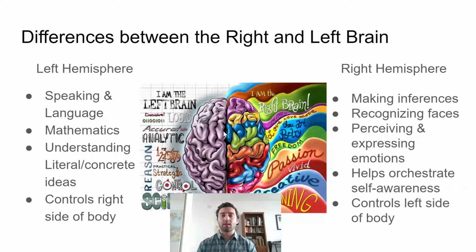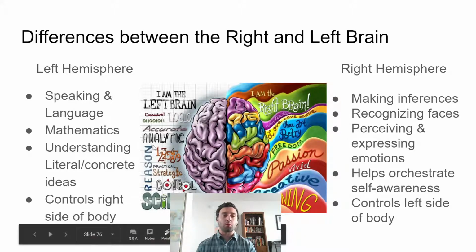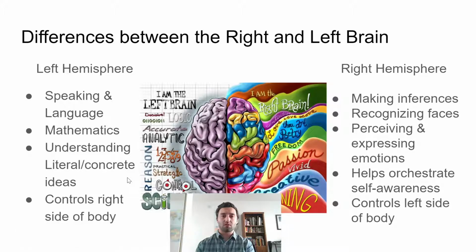A nice way to think about this is if you're going to read something. Let's say right now you are reading the literal words on a page. As you're reading, that's all happening in the left hemisphere. It's the part that actually understands language, so it's picking up the words and understanding what those words mean. One important thing, though, is that it is only pulling the literal, concrete meaning of the words, like the dictionary definition of the words that you're seeing.